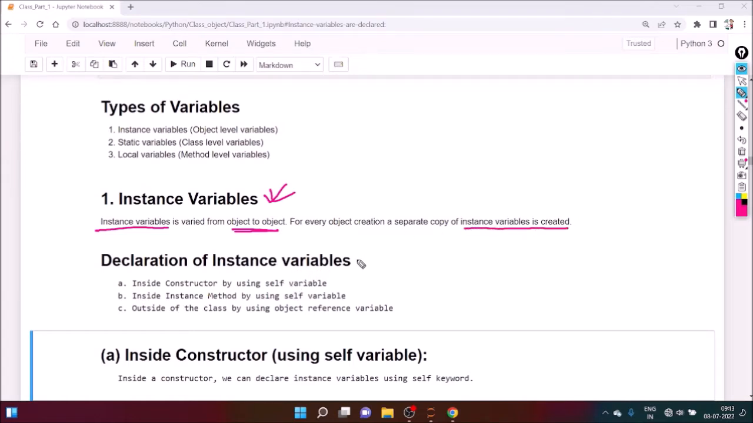Declaration of instance variable, how to declare it? Inside constructor by using self variable. So using self variable, we can declare instance variable. Inside method by using self variable. And outside of the class by using object reference variable. So we can declare like this way. So using self variable as well as using the object. Okay. Now, suppose